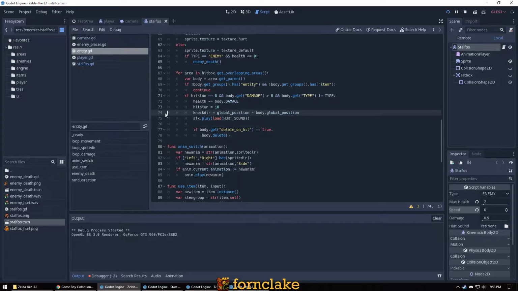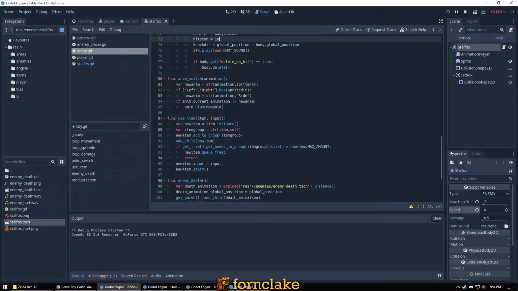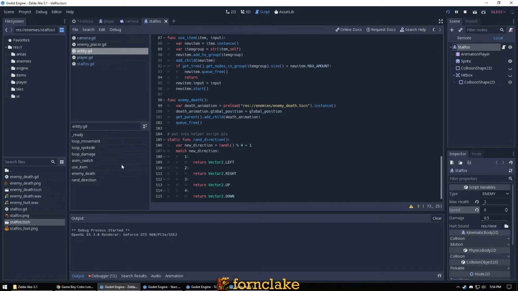Yes, the hit stun timer. If they're in hit stun, then that's when they're flashing, and if they're currently flashing, then it won't allow rapid hits. Rock's Feather, Power Bracelet, I'm definitely gonna do. Okay, both of those I'm gonna have to put on my noggin cap and figure out